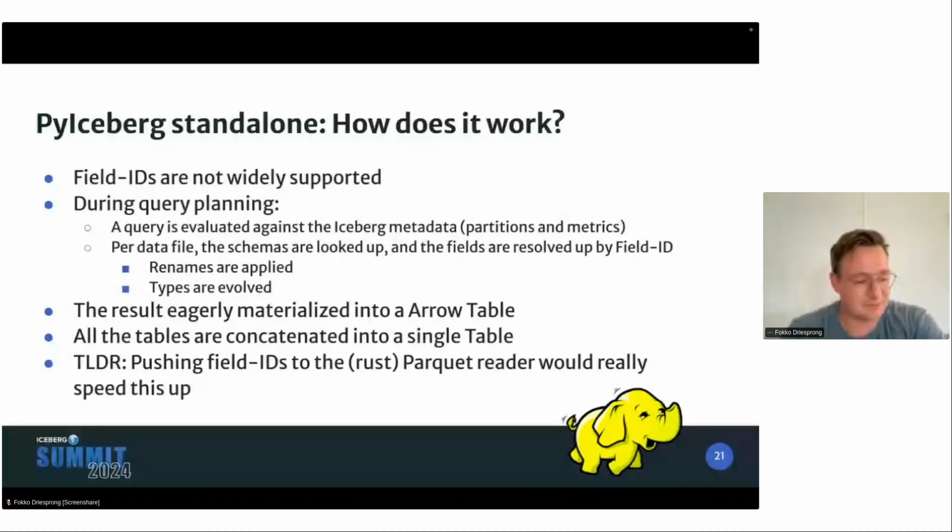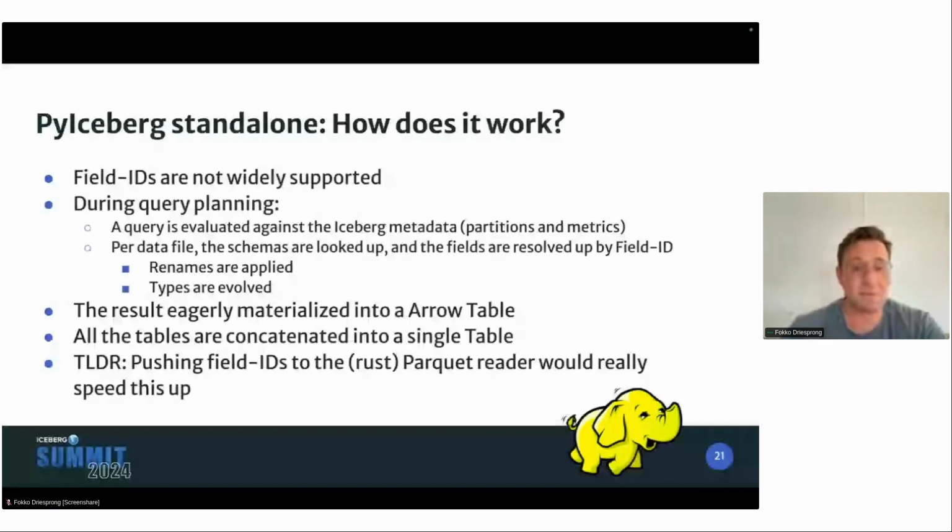It's very sad to see, because I think it makes the reasoning, like what Ryan's always saying, thinking from a database perspective, keeping track of fields by field ID instead of name. Names can change, field ID cannot change. Makes a lot of sense. But yeah, the APIs that we find in most of the Python libraries are based on names and not based on